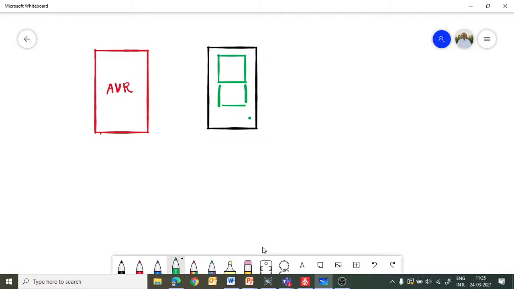This is segment A, this is B, this is C, this is D, E, F, G, and this is the dot point. And let's say that our connections are like these. It is connected with port D.